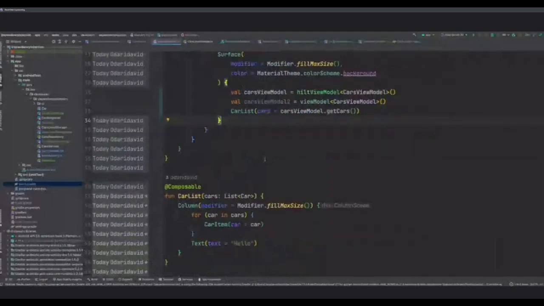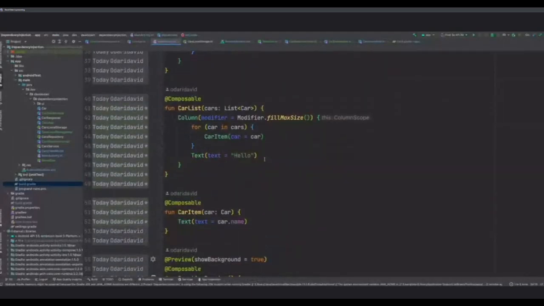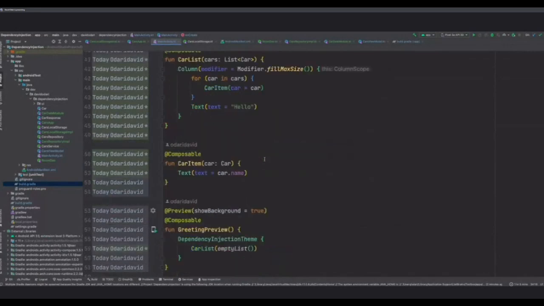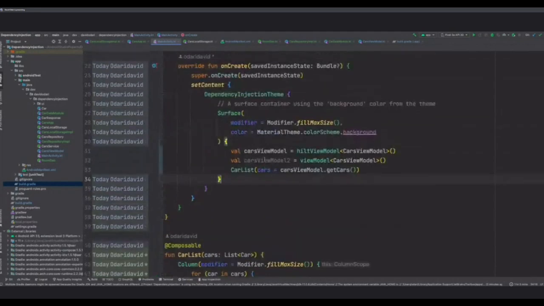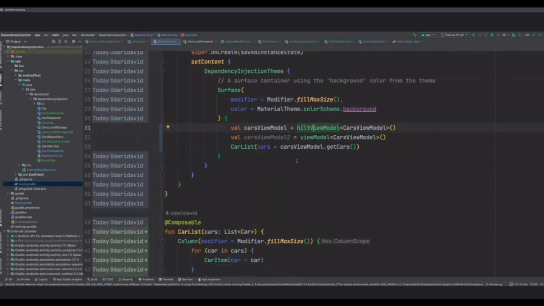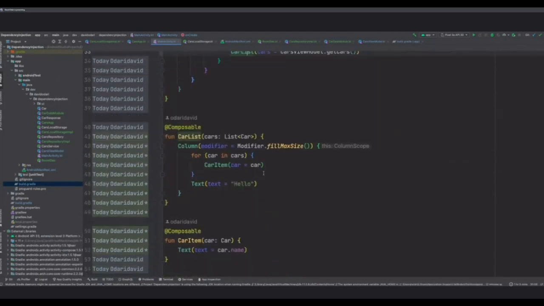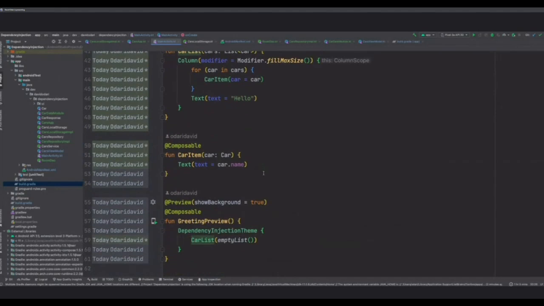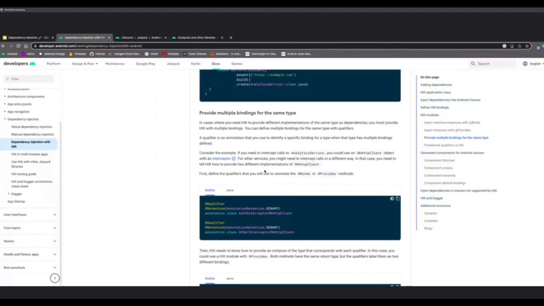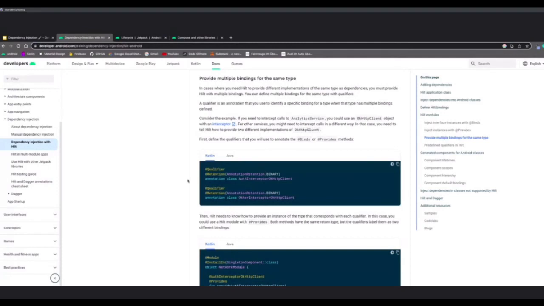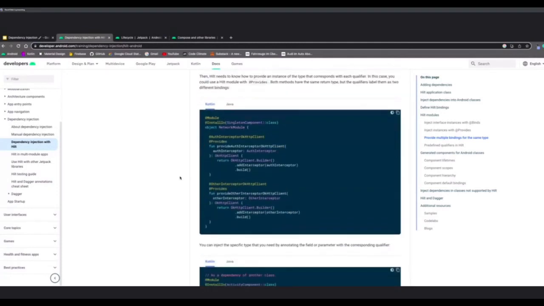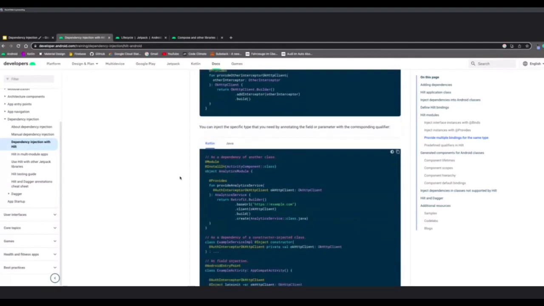Also, as far as building composables goes, you won't really make use of Hilt that much. For simple scenarios, Hilt will probably end at the view model layer. Then from there, going downwards to the UI, you probably won't use Hilt that much, unless you are looking into the custom scopes I talked about a bit earlier. And yeah, that's pretty much it.